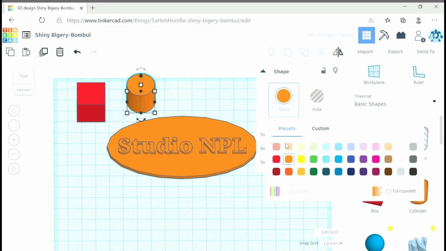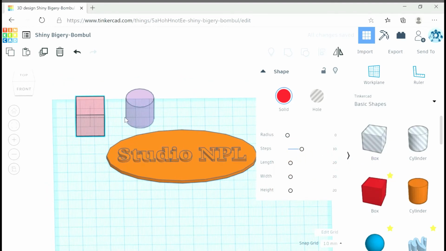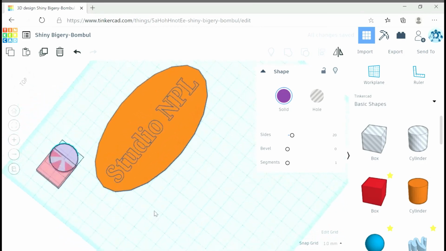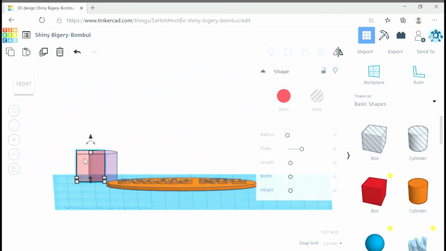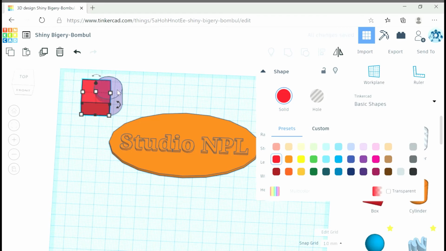So over here we have an option to change the color, which, like I said, doesn't matter when it comes time to print, but it shows up in the app. We can even make those transparent if we want by selecting this here. That way, if we're trying to sort of line things up or overlap them, we could sort of see what the overlap is if we needed to in the design. But the other option we have is we're going to make these both solid again,